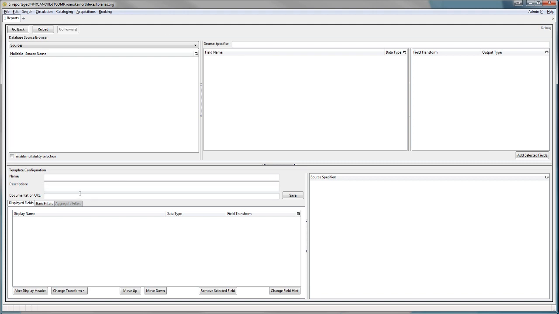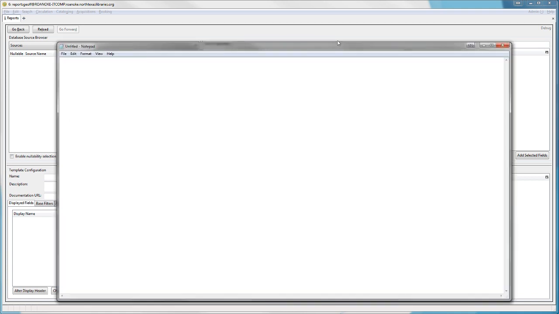Now, earlier I had talked about how you should have a clear idea of what it is that you want from your report. The best way to do this is to write out a 1 or 2 sentence description of what it is that you're wanting to do. Now, you can do this here, or you can do it in a text editor. In my case, I'm going to be doing it in a text editor,